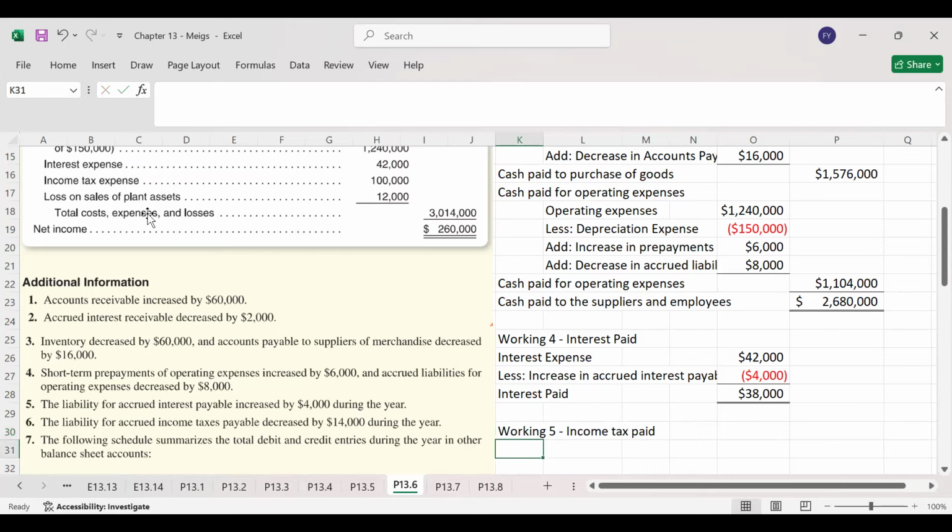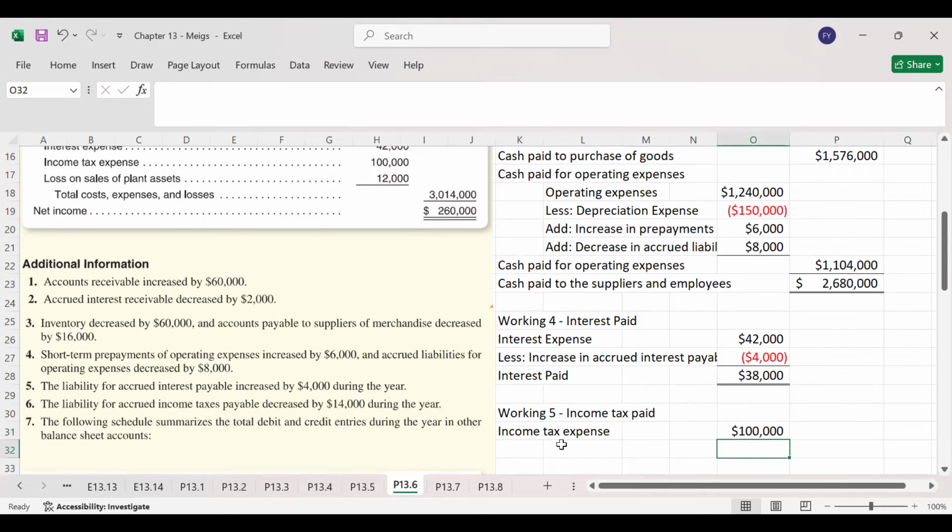The next working is working number 5, which is related to income tax paid. The starting point is total income tax. So here you can see the income tax is $100,000. So we have income tax expense, which is $100,000. Now we are going to adjust if there is any increase or decrease in income tax liability,